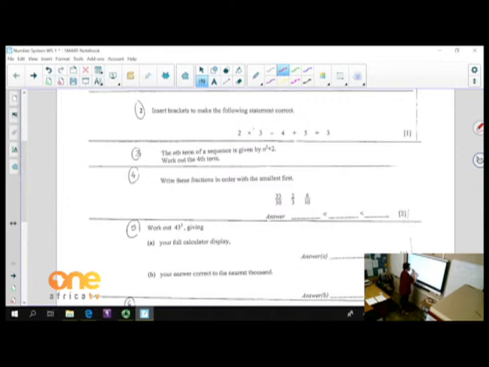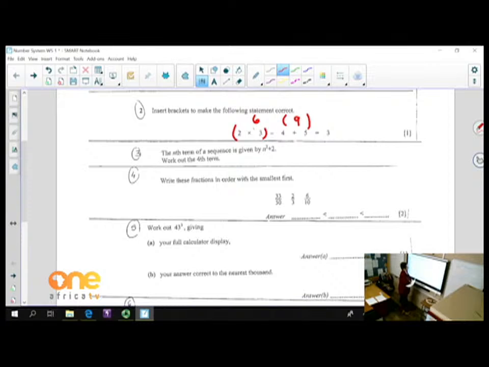So what will make it 3? If we just say 6 minus 9, then we're going to get a negative 3, isn't it? That one is not going to work. 3 minus 4, if you first do that, then we get negative 1. So then we still don't have an answer. Negative 1 plus 5, that will not work. So you'll have to try to see what is going to work here. Look at this one, 6 minus 9, but then we get negative 3, so that one is not